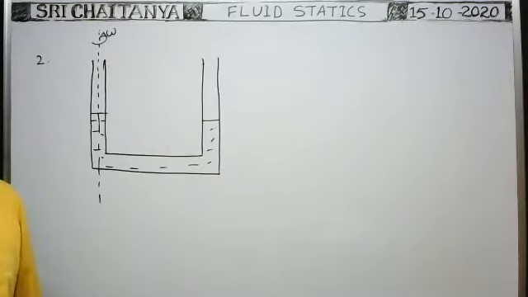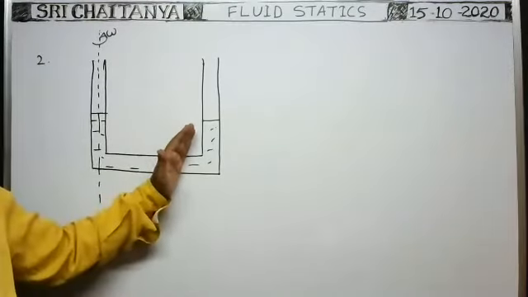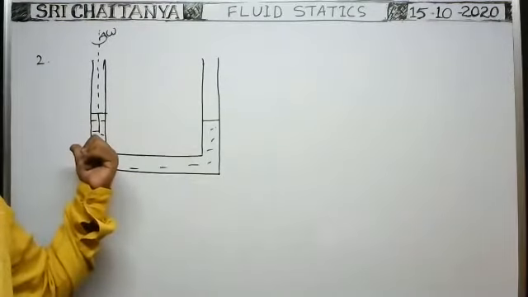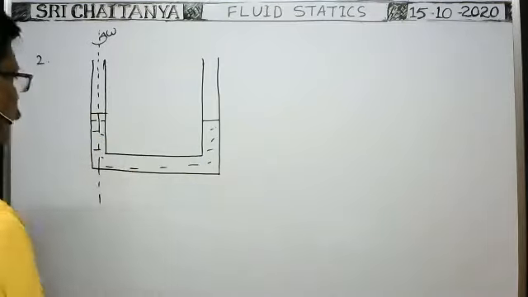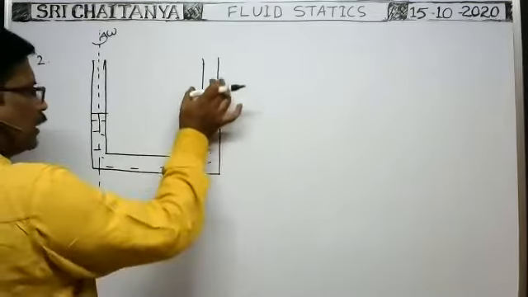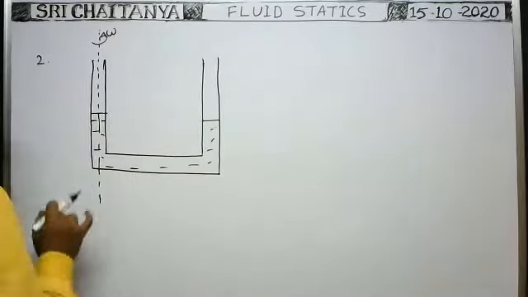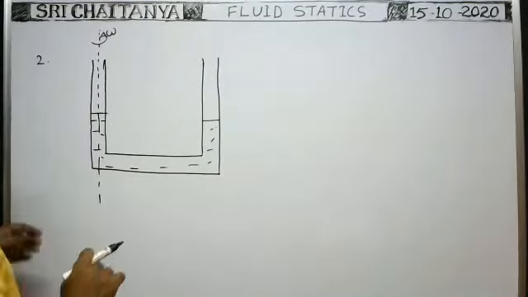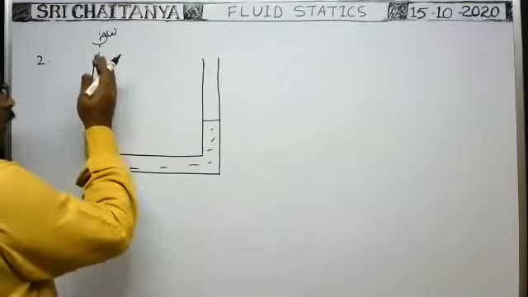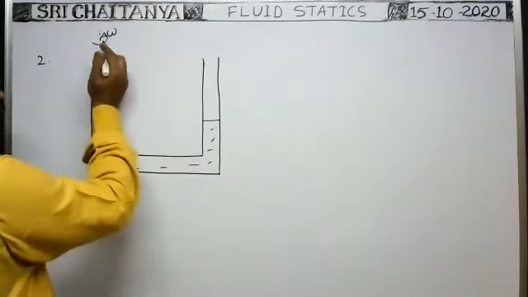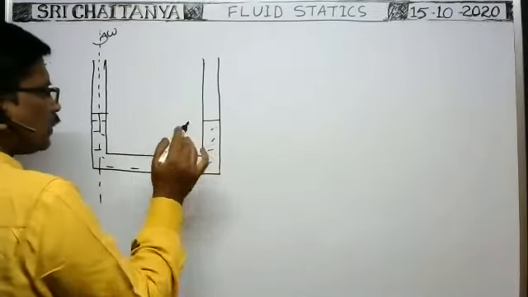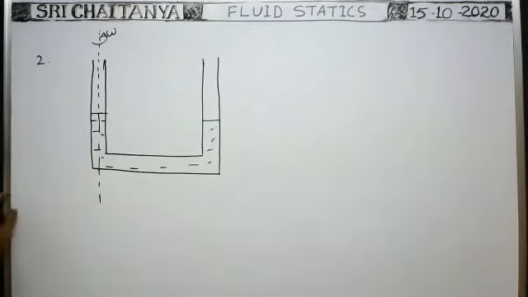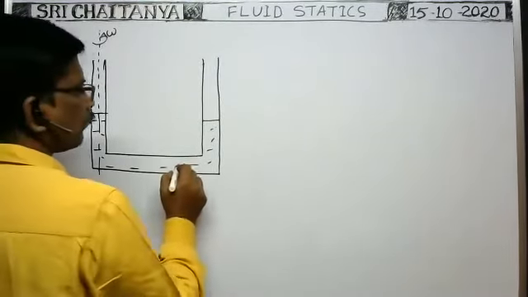In which direction does the water rise, on the right limb or the left limb? On the right limb. Very good. On the right limb the water level rises and on the left limb the water level falls. What is the reason here? Whenever the U-shaped tube is made to rotate about its vertical limb with angular velocity omega, the liquid in the horizontal tube experiences centrifugal force in this direction.